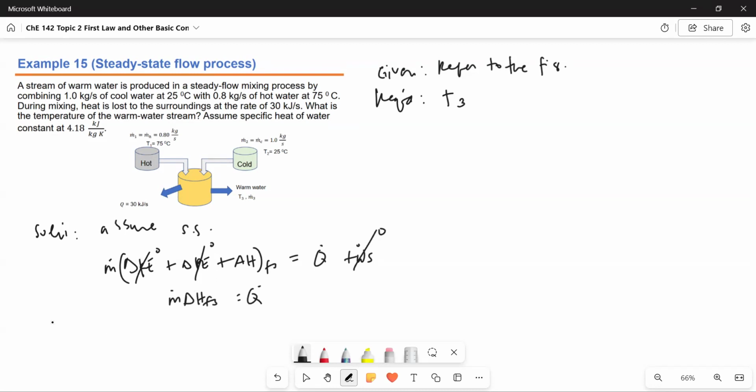So this is the energy balance, but we do a mass balance as well. Very simple. For steady state, the mass entering equals the mass leaving the container. So the mass leaving is m sub 3, and this is just equal to the mass entering, which is m sub h for the hot and m sub c for the cold stream. It's drawn in the figure.